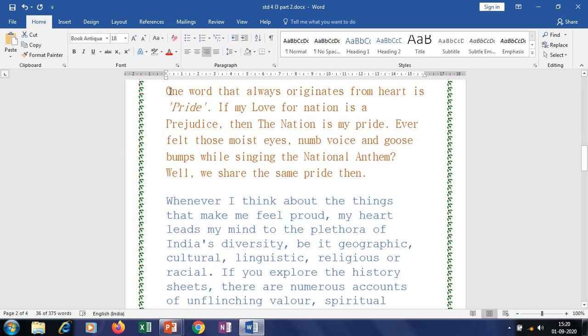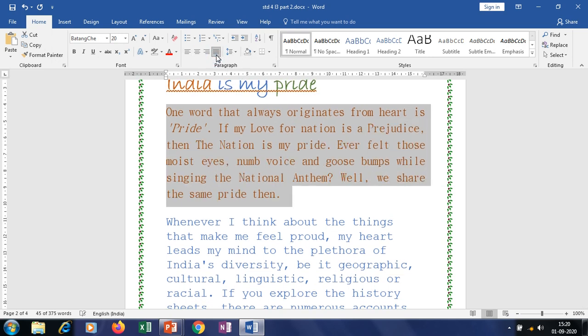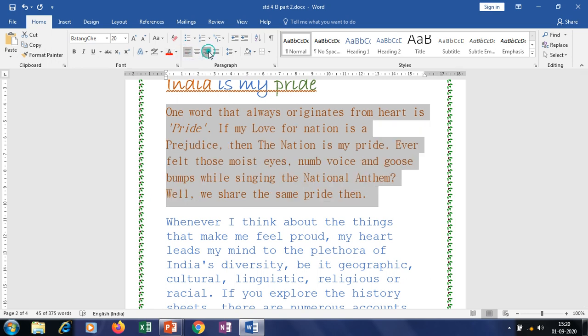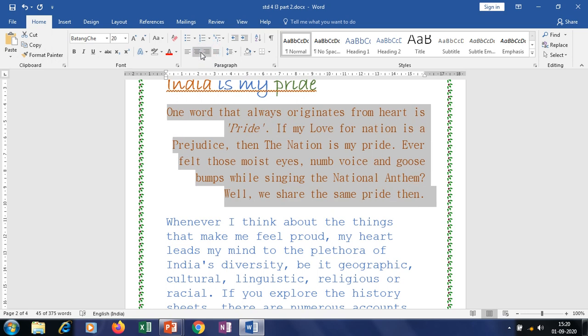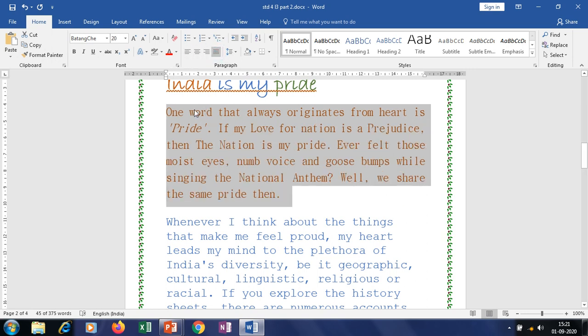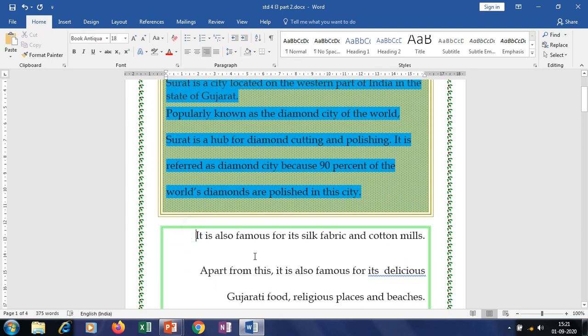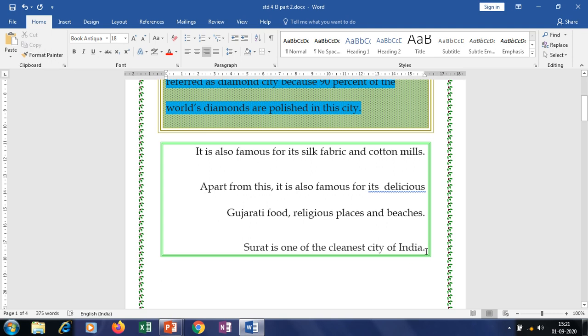Now this paragraph I will justify, so you will come to know. Justify means, see, automatically it has arranged from the left and right margins, and extra spaces are also added in this. So again I'll show you. If we are doing left, see how it is. Right side, okay, this is the right line, this is the center align, and this is the justify. This way you can align your text as you require. So here this paragraph I will change to left alignment.